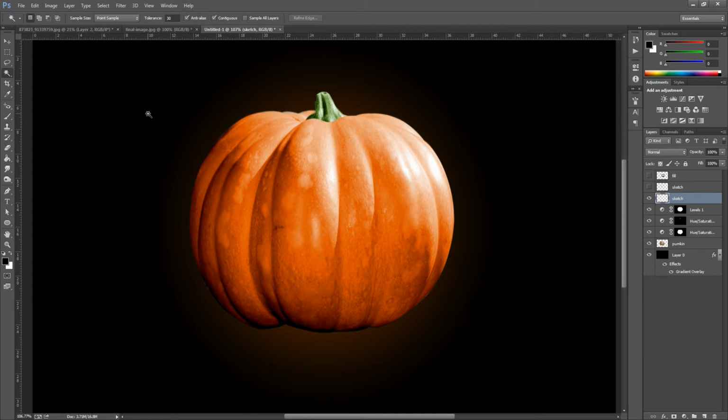There's a few ways we can do this. We can either use the pen tool, which is the neater version, and you get sleeker and smoother lines. Or you can use the paintbrush tool, which gives more jaggedy lines because you are using your hand, you're free drawing. And I would say that the brush tool does work out a lot better because when you are carving up a pumpkin, it's never going to be that neat. So it really depends on what effect you are going for. So if you're going to use the pen tool, I'll show you what we need to do. So we're going to use the pen tool.